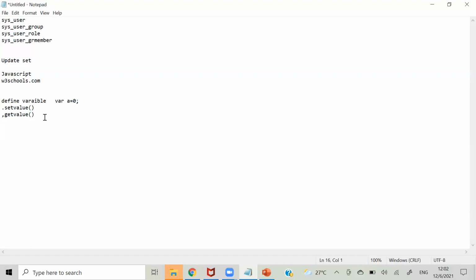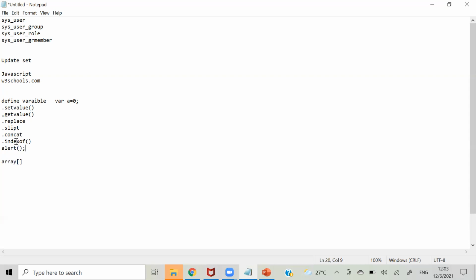Then we have replace, split, concat and indexOf. Also look into arrays: after splitting we get the result in an array, so see what an array is and what array[0] or array[1] means. I think this will be enough. And one more thing, alert.